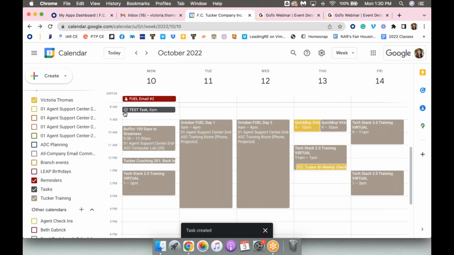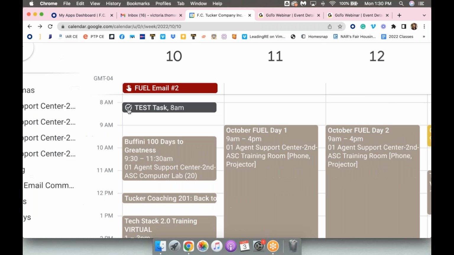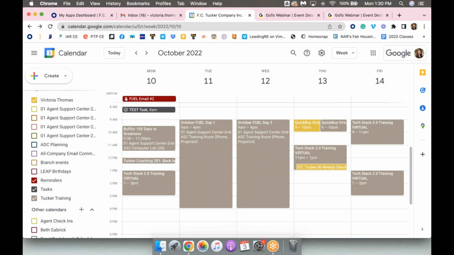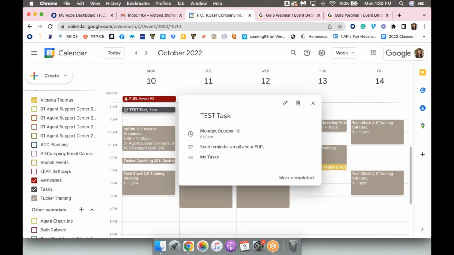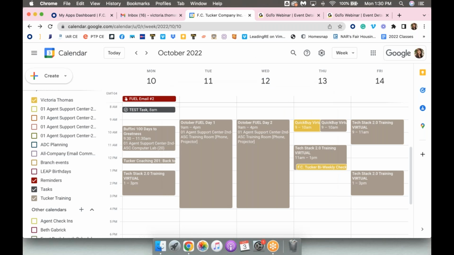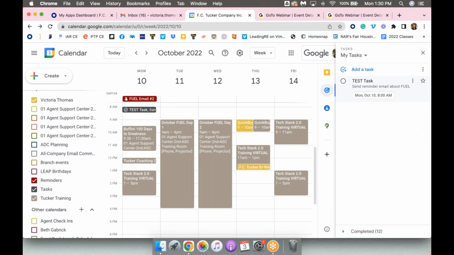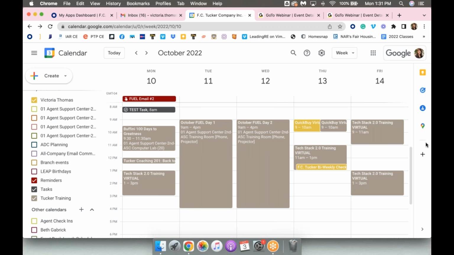Now you'll see the little icon for this is a little check mark instead of a little finger, right? If I click on this, I can mark it as complete. I can say that I did it. But let me see if it showed up over here. It did. So on the left-hand side of your screen, no, I lied. The right-hand side of your screen, you have a little